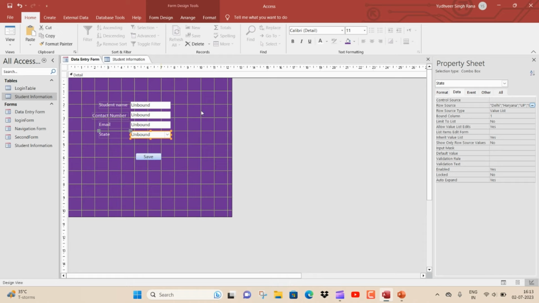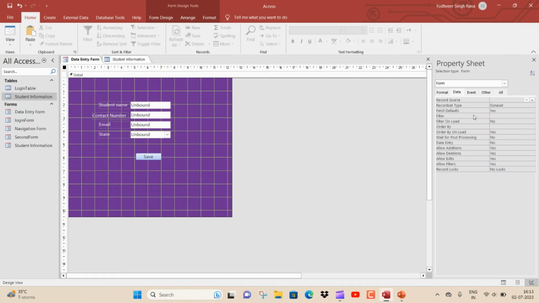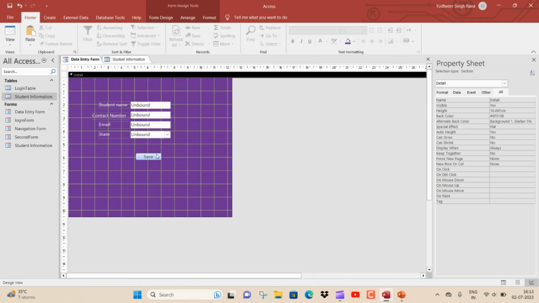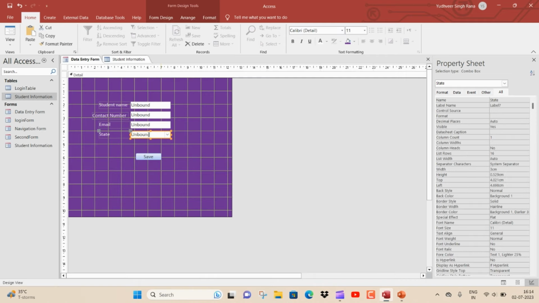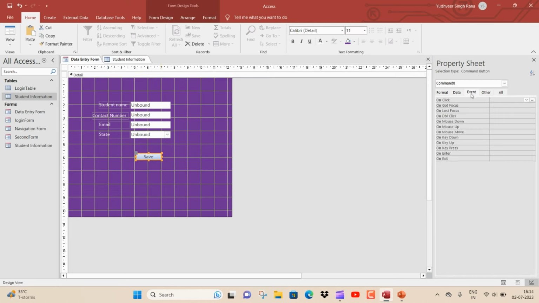save it. I need to change one more property here, that is the form property, and I'll choose pop up as yes, because I want a smaller form, right? That's changed. And after that, let me change the control name as well. Combo state, that is CMB state, right? Once that is done, I'll have to write code in order to enter data into a table,